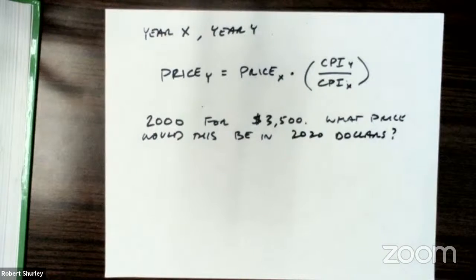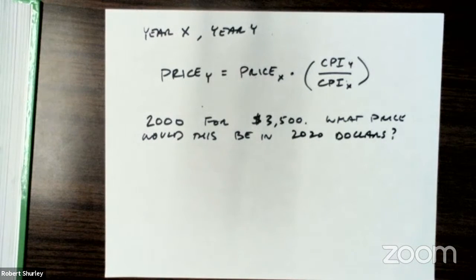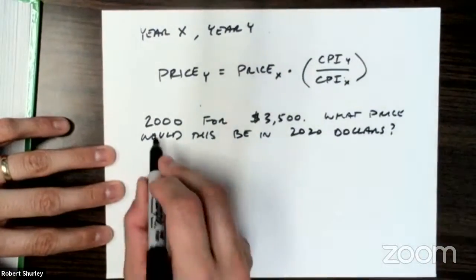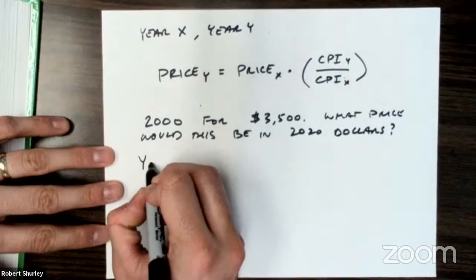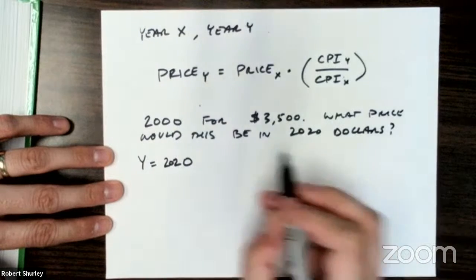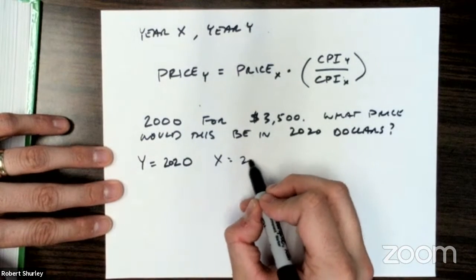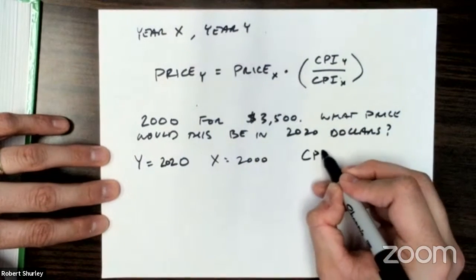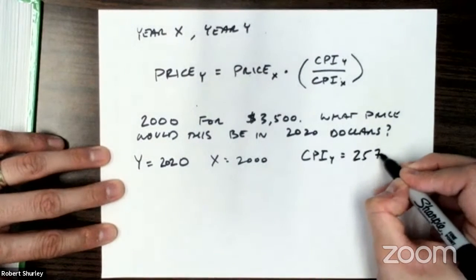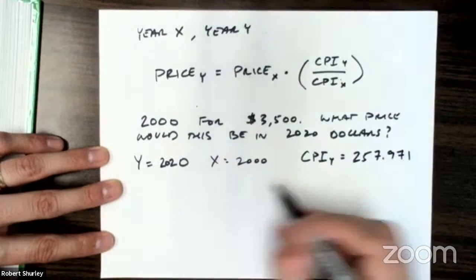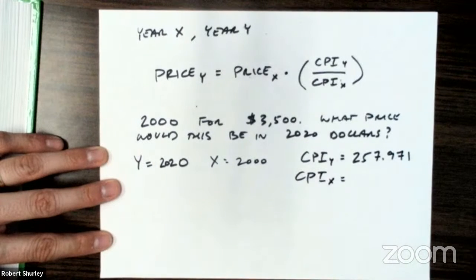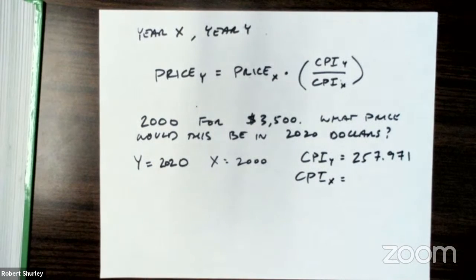Now I've got to look up 2020. I'm using January 2020 from the Bureau of Labor Statistics. So let's see what we know. For our example, Y is going to be 2020, and X is going to be 2000. So the CPI of Y, the CPI of 2020 I had to look up, turns out to be 257.971. And the CPI for X for 2000, your book gives us as